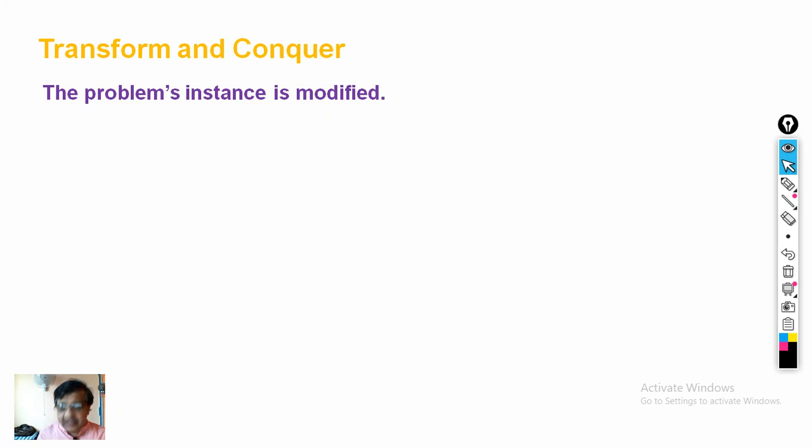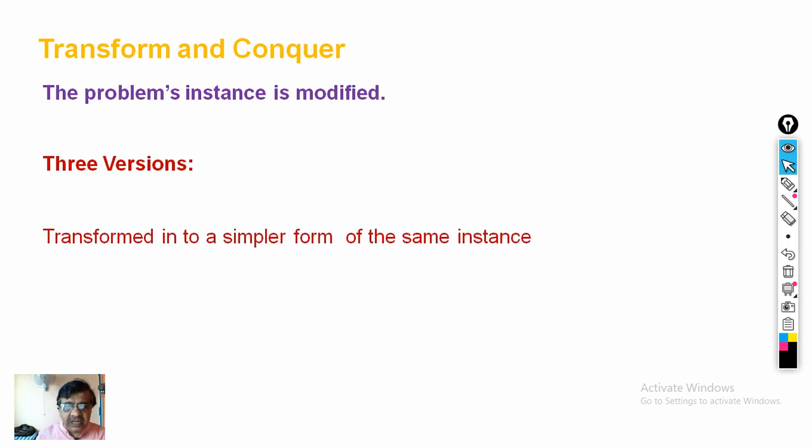Like any other design strategy, the transform and conquer strategy comes with three versions. Number one, the instance is transformed into a simpler form of the same instance. The problem remains the same, but the input is modified in such a way that it becomes very simple to solve the problem. For example,